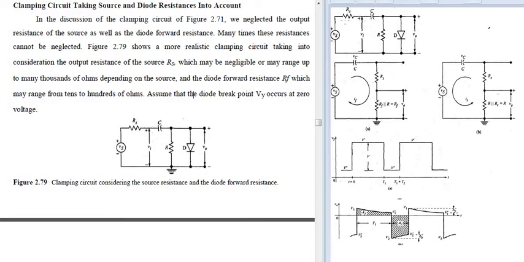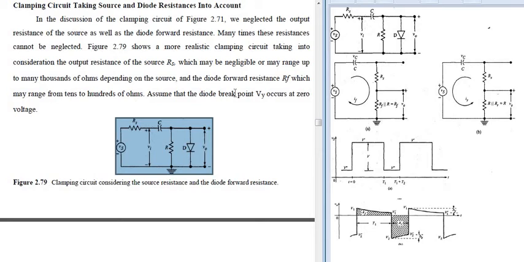Fine. So what are the two things that you have included here? One is source resistance as well as your forward resistance. Okay, so the resistance will lie in this range, and so it will be in terms of 100 ohms. The forward resistance which is present here, I'll show here. So this resistance will be in 100 ohms depending upon the type of diode that you are using here. Suppose if I am using a positive forward bias of diode, then I'll be using the 100 ohms of resistor over here. Okay, that is your forward resistance.